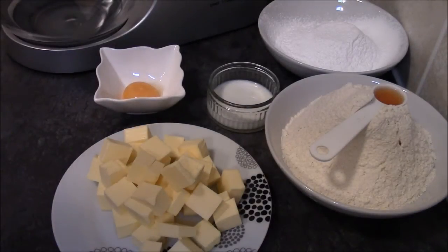Hi guys, today I'm going to show you how to make a sugar cookie recipe. It's really easy and this is all you're going to need. 225 grams of softened butter at room temperature, cubed, 1 egg yolk, a few tablespoons of milk, 1 teaspoon of vanilla extract or vanilla bean paste, 300 grams of sifted plain flour,